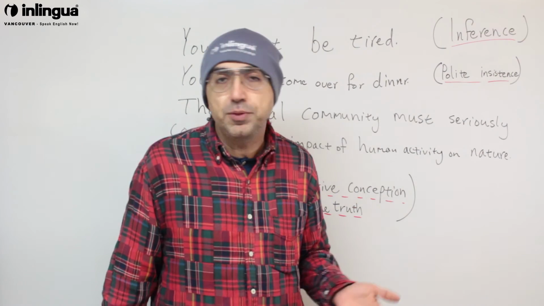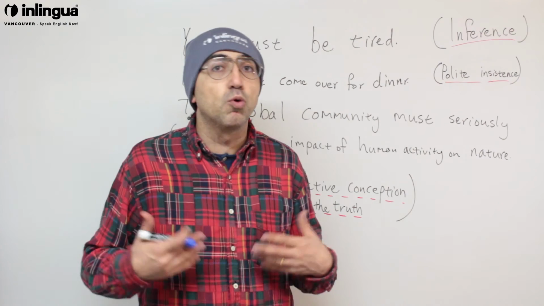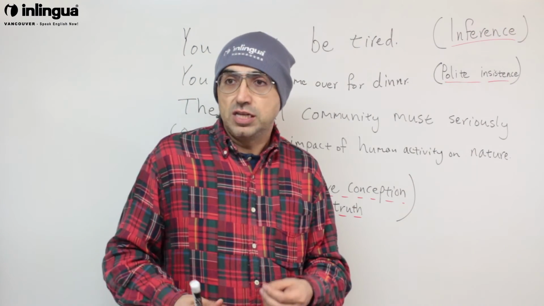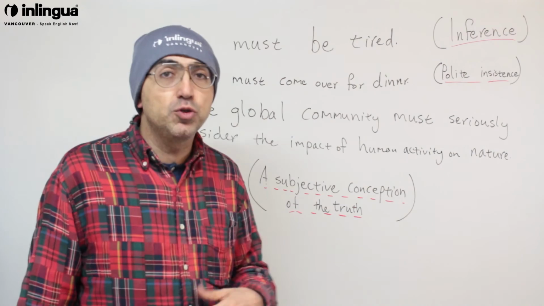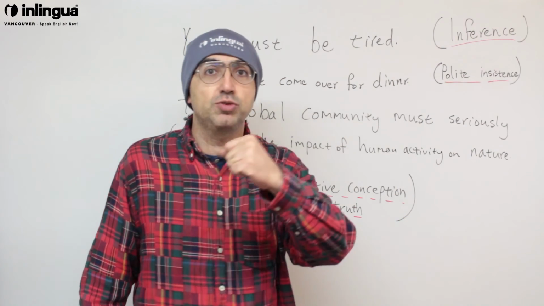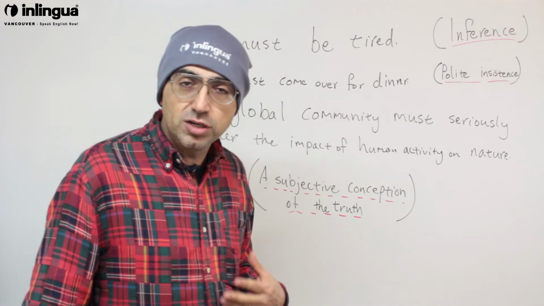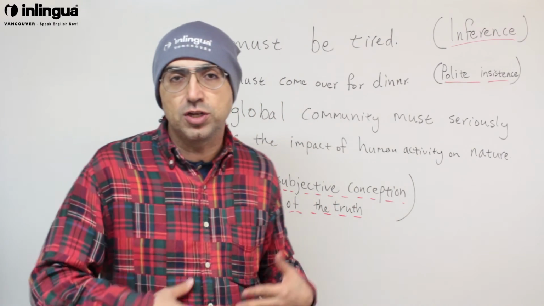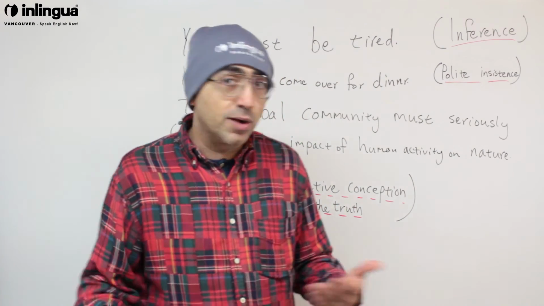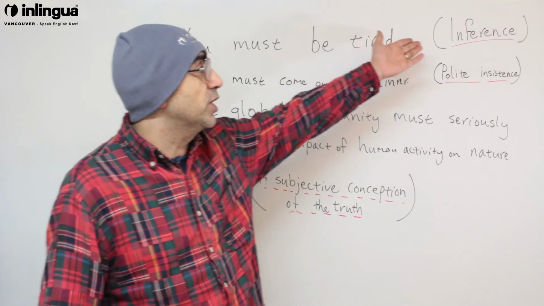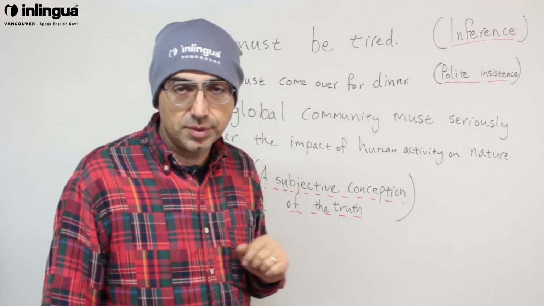But more and more people don't speak in that way because most people in a secular society have modest claims about knowledge. So we don't make radical statements like, you must do this for the sake of humanity. More and more, the language is reserved for ideologues or religiously motivated people. And more for everyday English, we just use must for inference and insistence. So now that I've explained must and the more common usages for it today, which is more and more inference, kind of guessing what's going on, and also insisting politely, we come to have to.